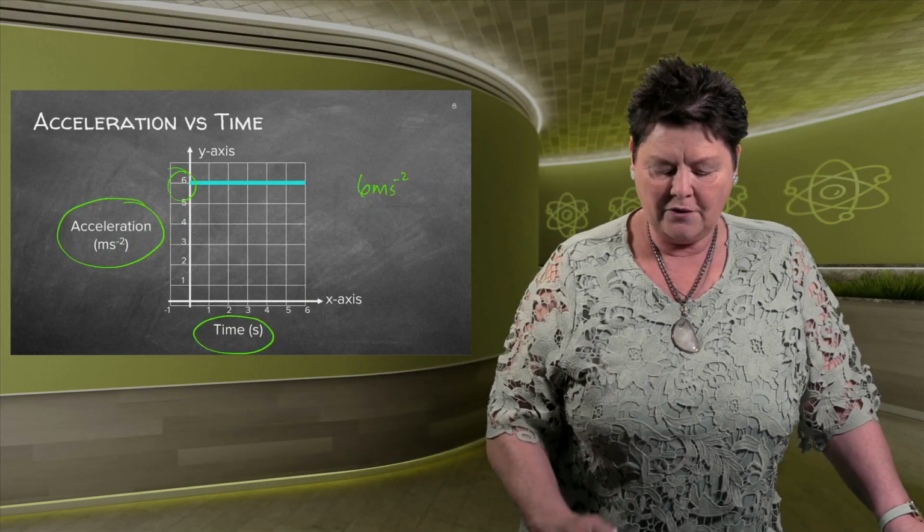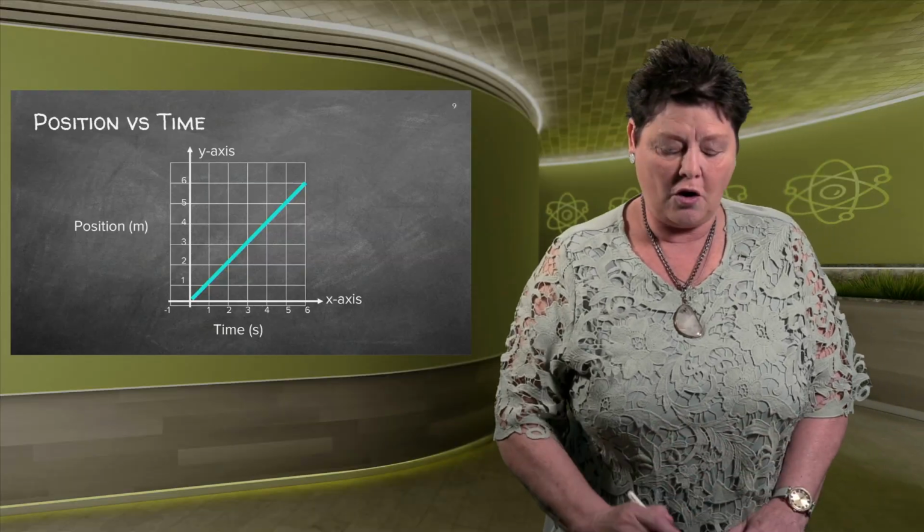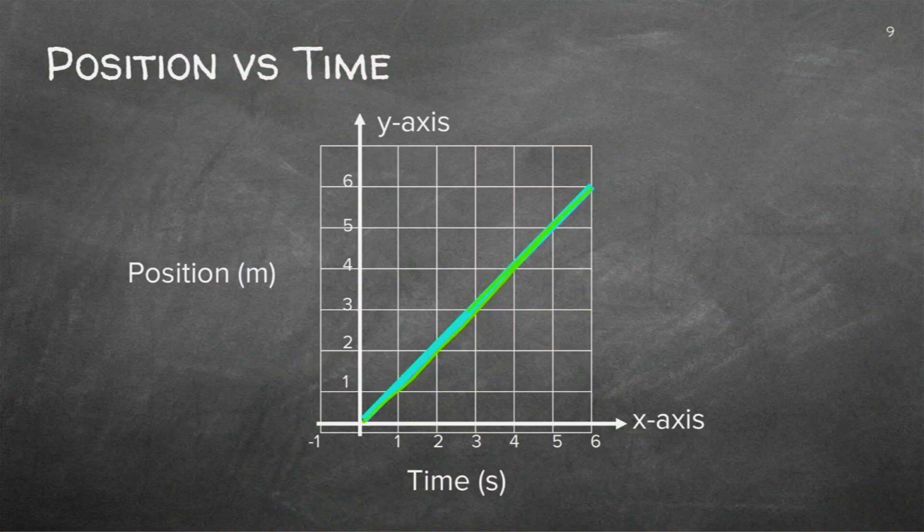Right, let's carry on. If I had a position-time graph increasing my position, it would mean you were 1 meter away in the first second, 2 meters away, 3 meters away. So there is movement. Can you see the movement? But it's a constant movement. I could say in every second you're taking another step or you're covering another meter.